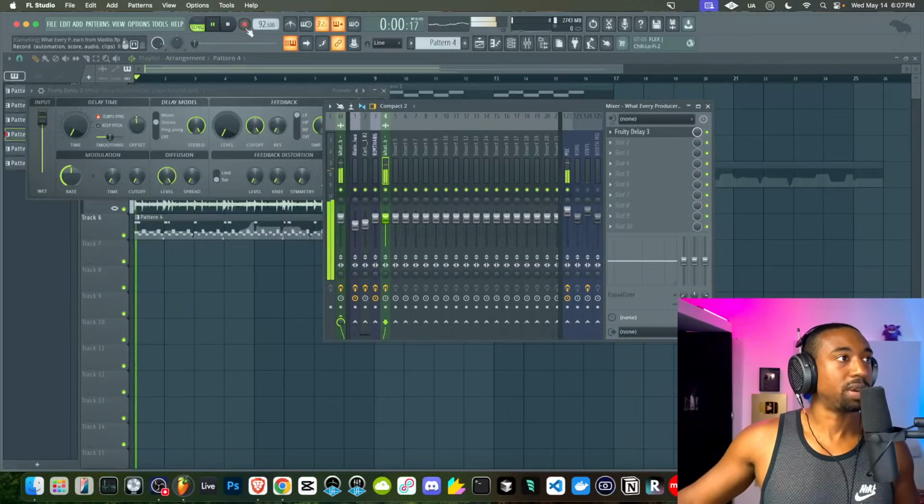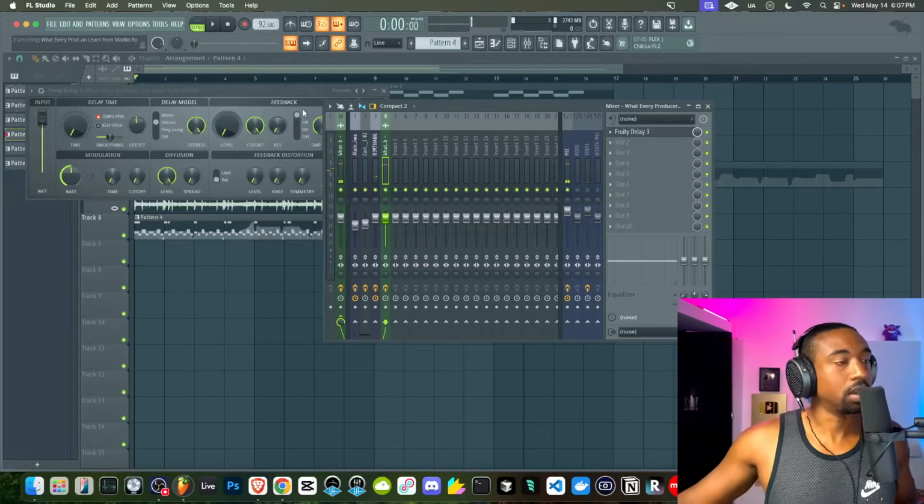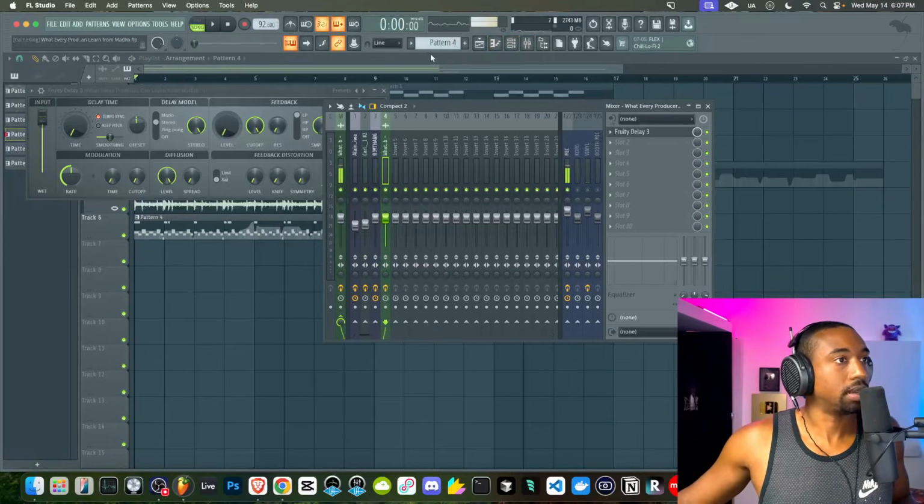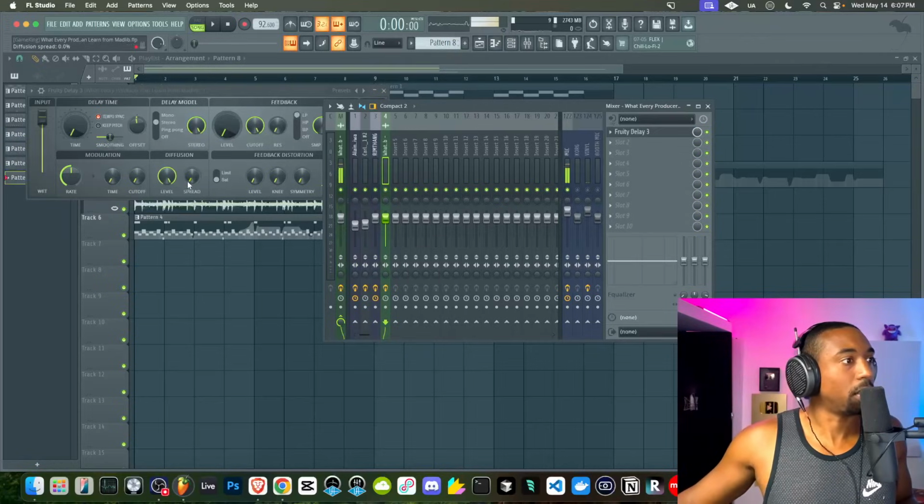All right, so that's doing more than just panning. It's moving the entire stereo field. So that's one way to do it. And let's go to a new pattern here and record some automation on the spread knob.